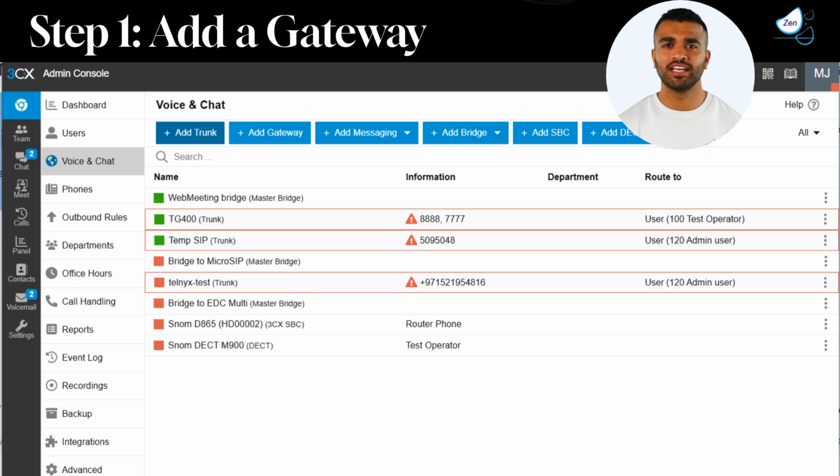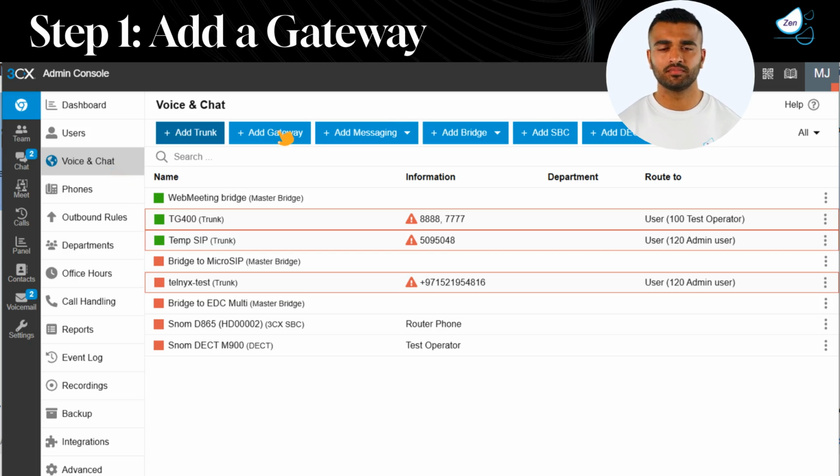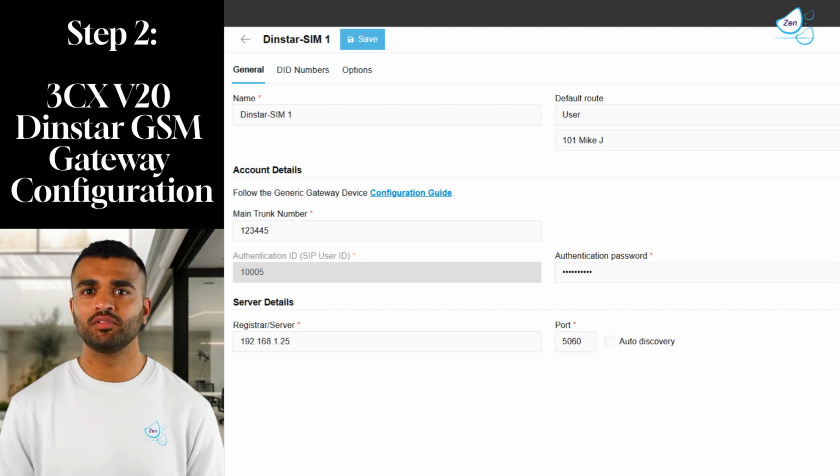To configure the GSM Gateway 1 SIM, follow these steps. First, go to Voice and Chat. Then click on Add Gateway. It will directly move you to the configuration page. The configurations on the screen are between 3CX V20 and a GSM gateway for a single SIM card installed. However, you need to add gateways for the other SIM cards, ports, if needed, and you may adjust the settings